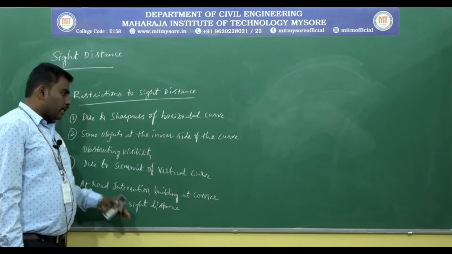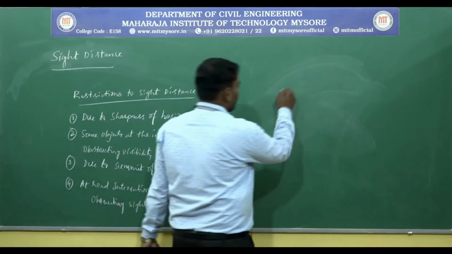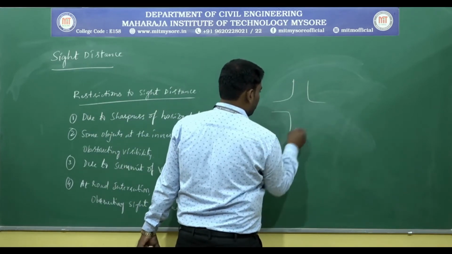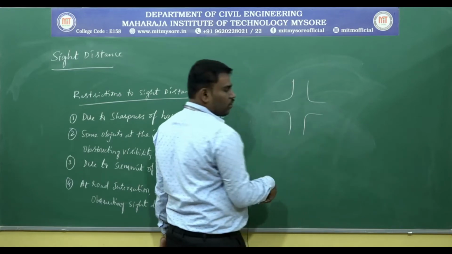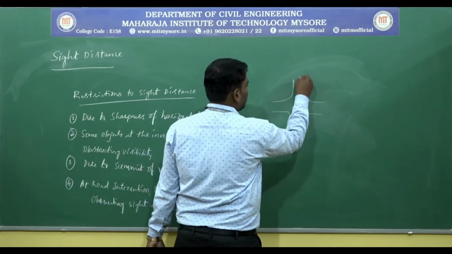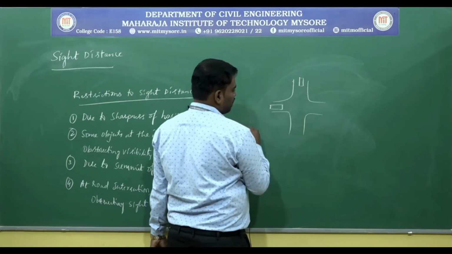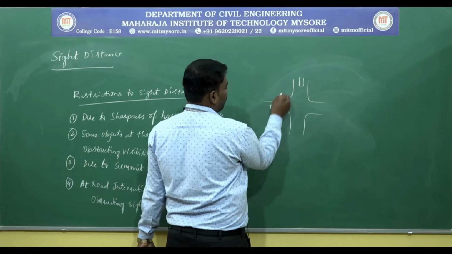Is it clear? At a road intersection, see here, this is the road intersection. So if a vehicle is coming on this side and another vehicle moves on this portion, if the building at